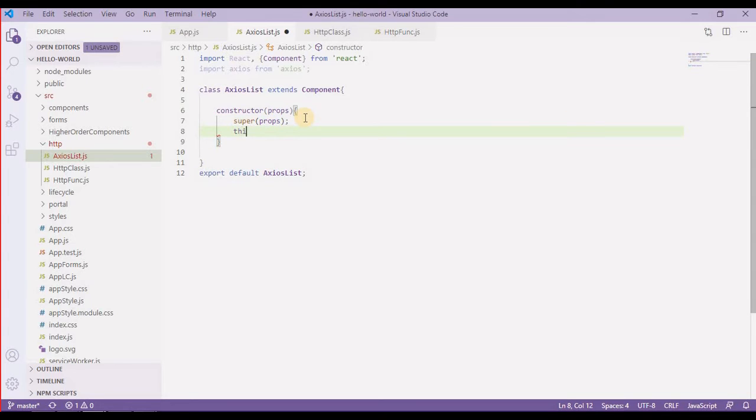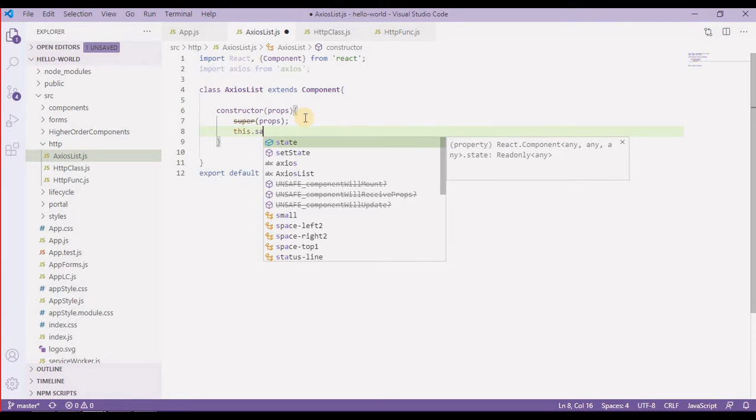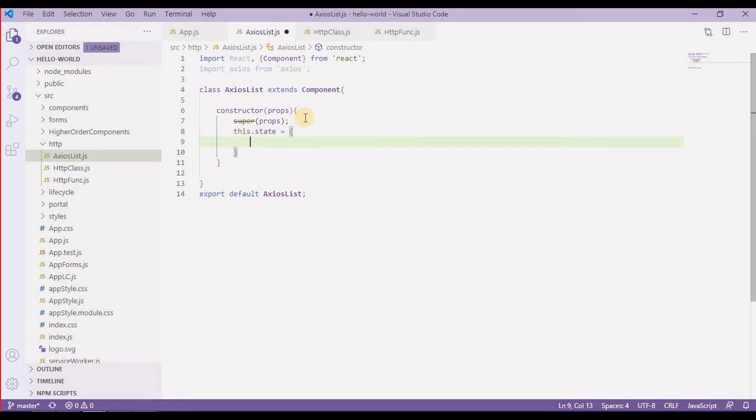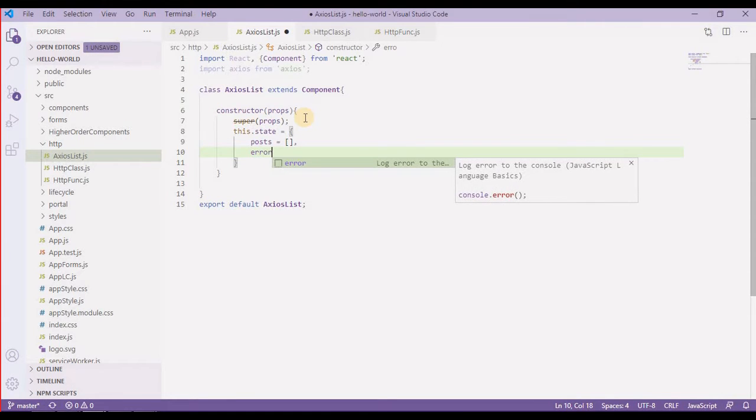Then I'm going to have some state: this.state equals posts as my items, which is an empty array, and an error message, errorMsg, which is initially an empty string.